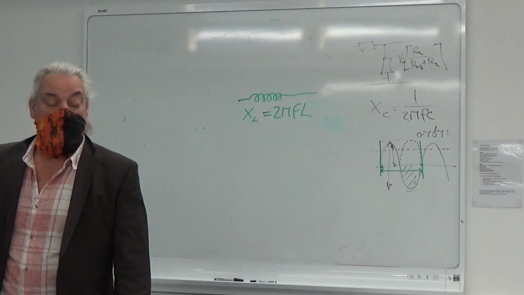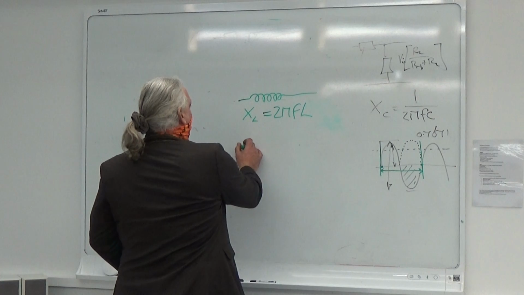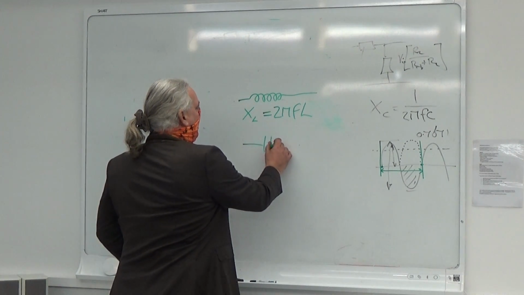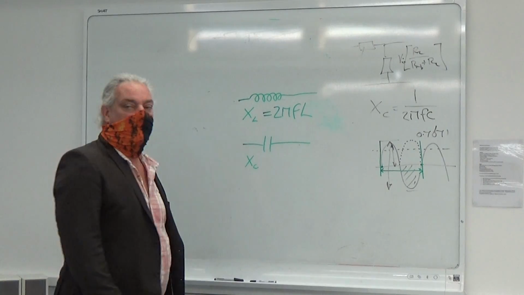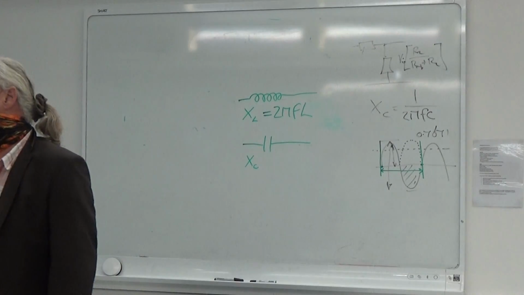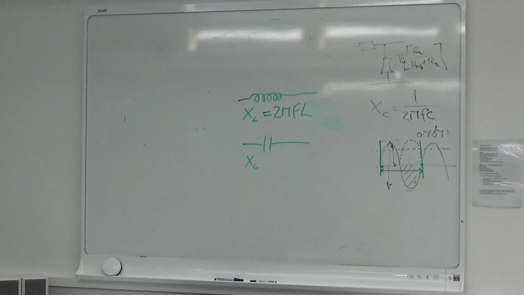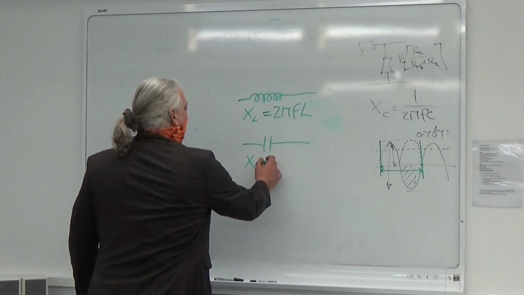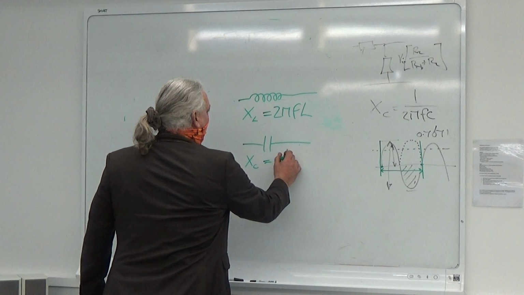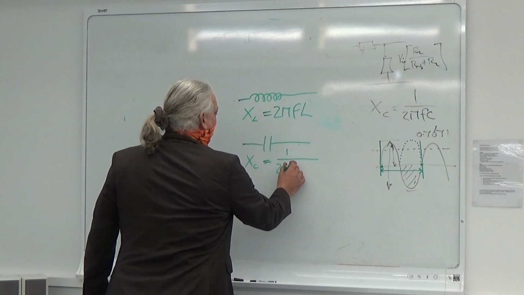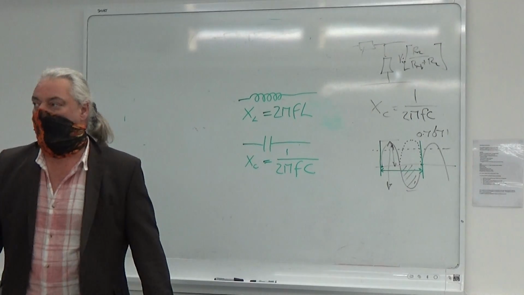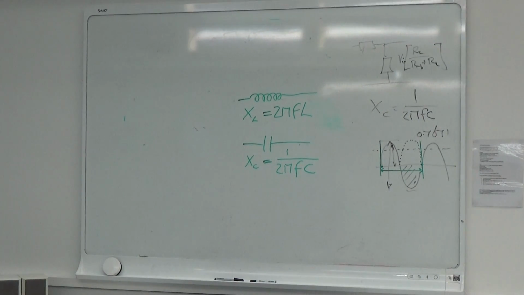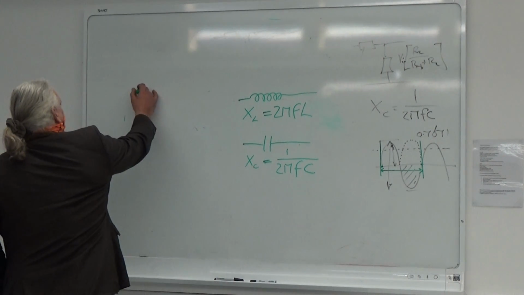Now we can do the same for a capacitor. We want the equivalent capacitive reactance, the equivalent resistance the capacitor has, but of course that's frequency dependent as well. And that is 1 upon 2 pi F C. So now I've got two equations which, if you give me the frequency and the size of your capacitor, when we put it in a circuit like this,